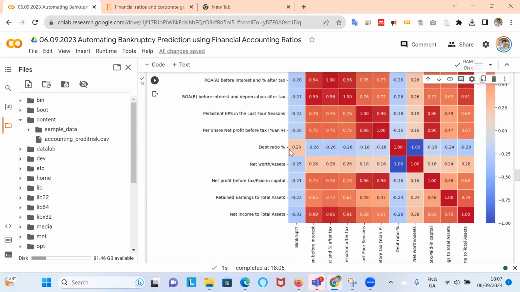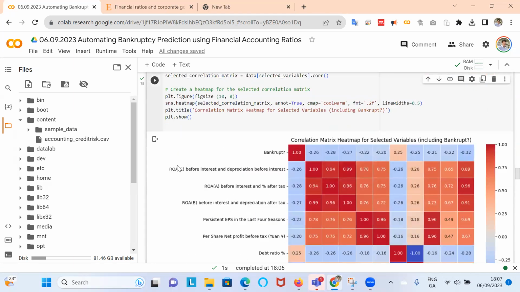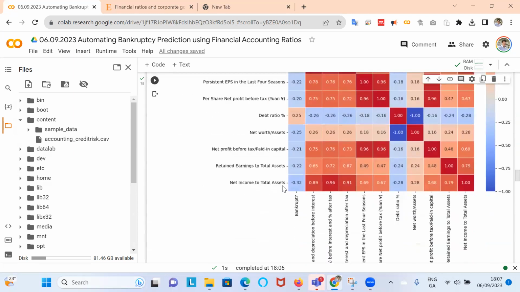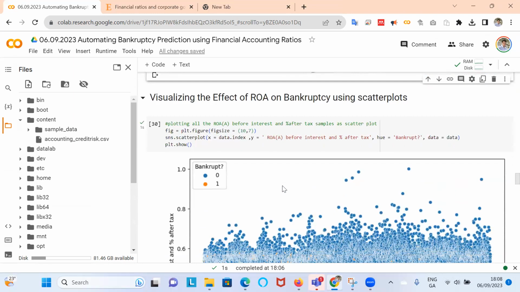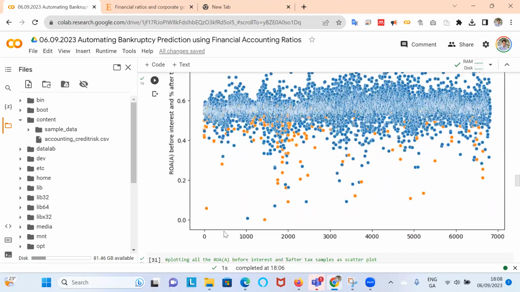So we might just pick out, if we take the first one here, ROAA, so return on assets before interest and percentage after tax, and create a scatter plot using Seaborn, where on the y-axis we have the return on assets.